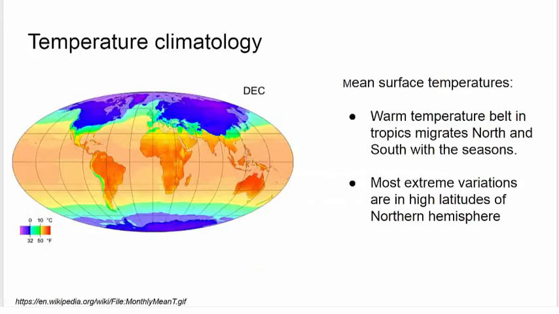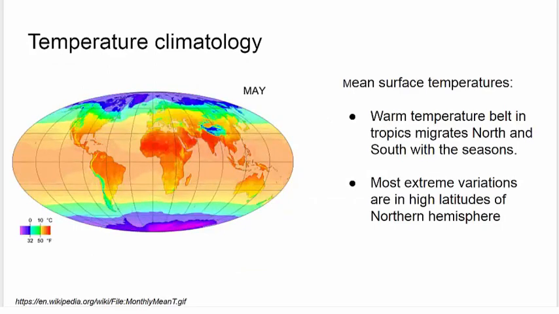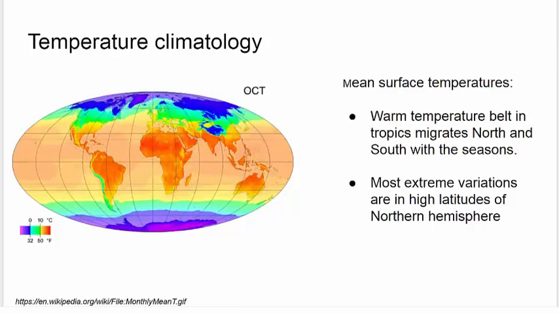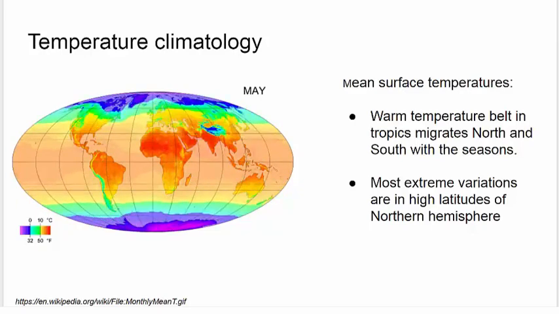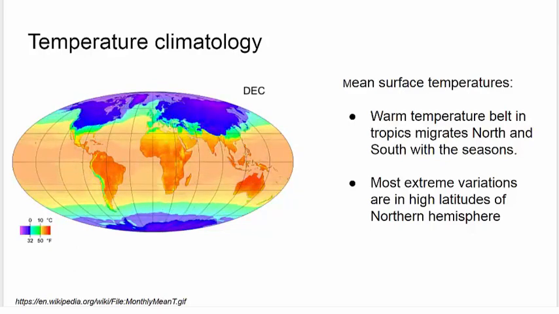Right. So this is showing the temperature climatology of the Earth. It's showing the average temperature for a given month, going from January to December, averaged over 40 years. And on the color bar, this is well below freezing, and then hot, and red is maybe around 20 to 30 degrees Celsius. So it's showing just the average temperatures over the globe.